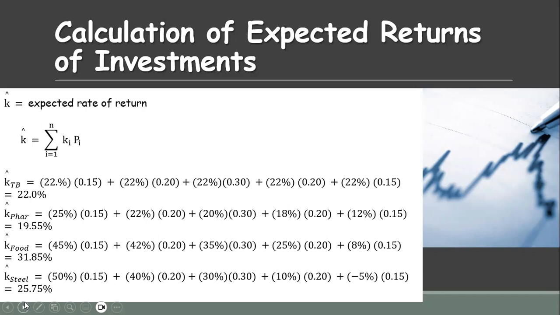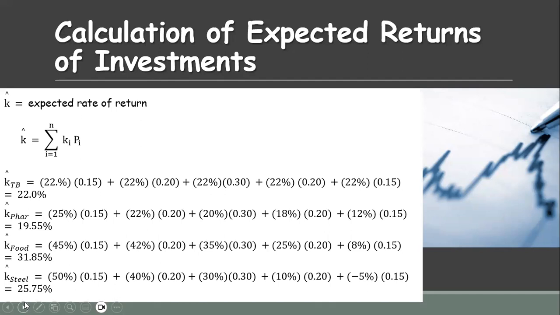20%. And in the third case, we have a similar return that will be multiplied by a probability of 30%, and thereafter in the fourth case the return is the same and it will be multiplied by 20%. In the last case again the return is the same and it's multiplied by 15%. Because treasury bills have no impact of any type of economic occurrence, the return remains the same, that is 22%. In case of pharma, during the boom, the probability of boom is 15% and